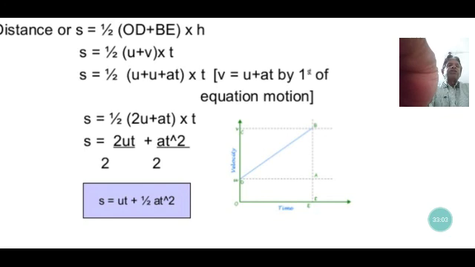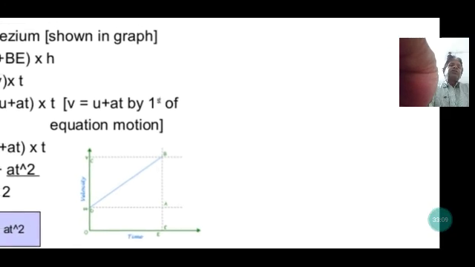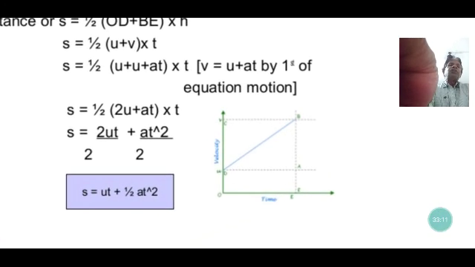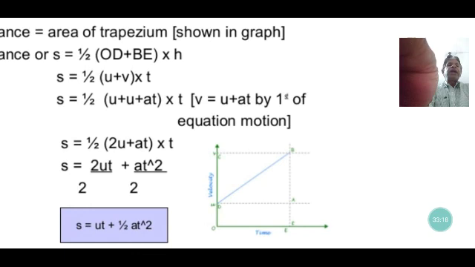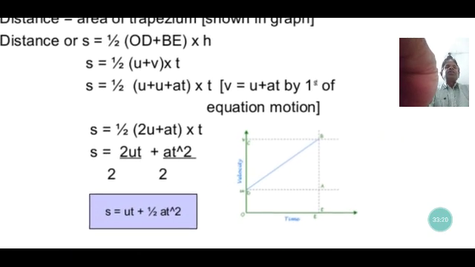Now we know that it is the velocity time graph, and we also know the area under the velocity time graph. The area under the velocity time graph gives the value of displacement covered. Now we can find the area of the velocity time graph by the formula in two ways. In the first way,